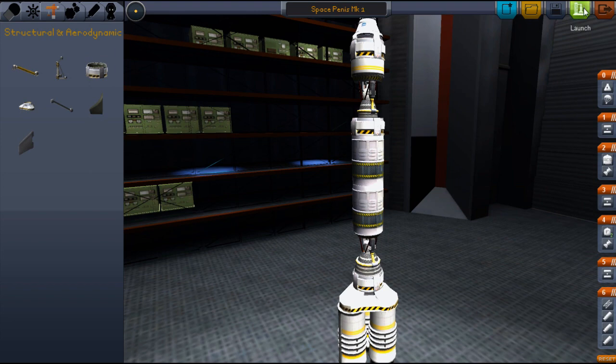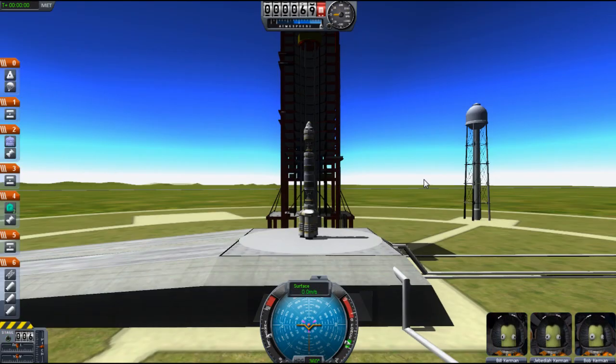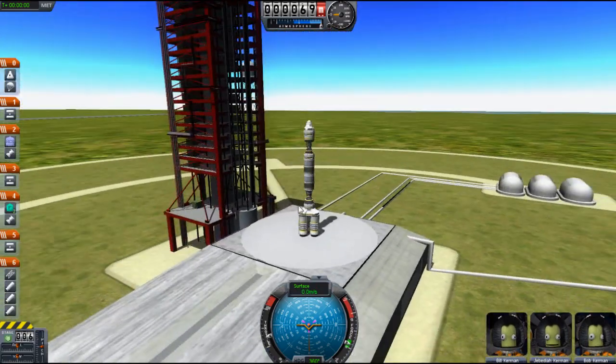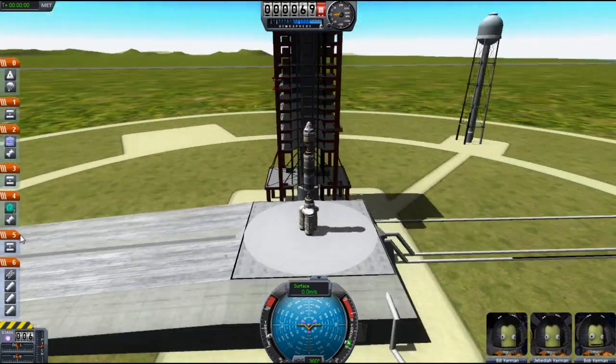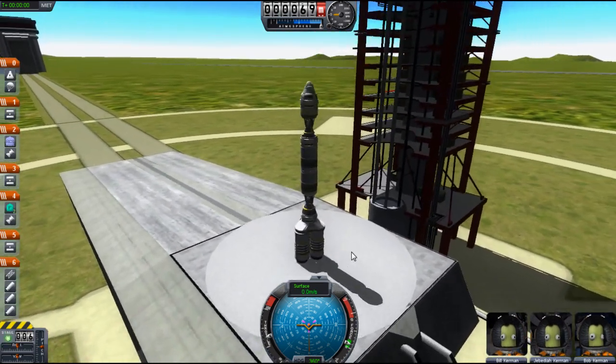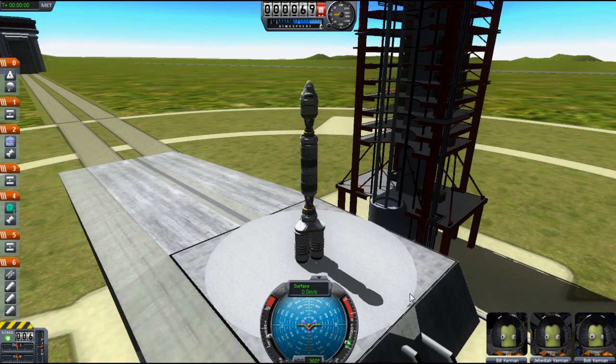So we'll save it. Should we save it? No, let's not save it. Who cares about that? Let's just go straight to launch and see what this thing could do. So here we are. We're on the launch pad. I can use the right mouse to pan the camera around and see what's going on. I can use the mouse wheel to scroll in and out, and we can see here we got Bill, we